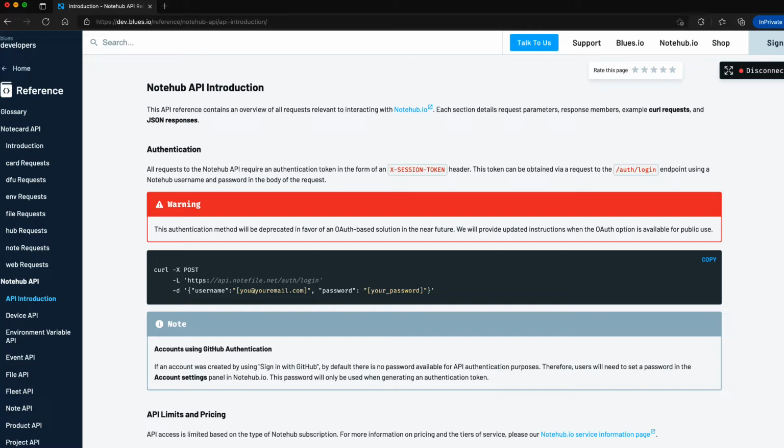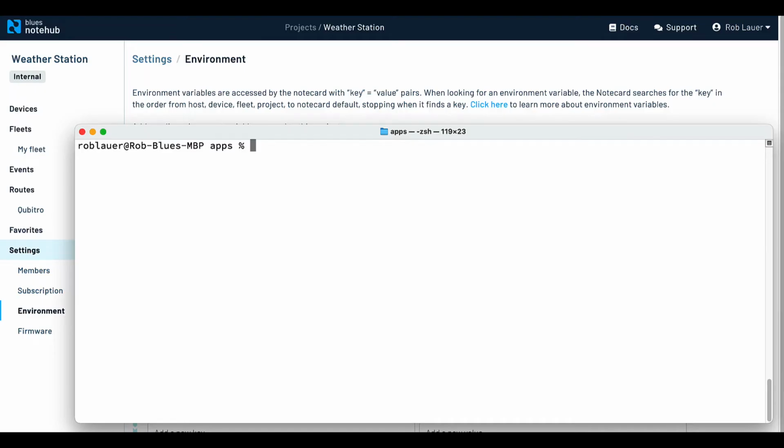So let me switch back over to my desktop for the API demo. Alright, so recall that virtually everything that I showed off in the Notehub UI is capable of being replicated in the Notehub APIs for when we're scaling in a more automated process. Now, I've already gone through the process of creating my authentication token for all these requests, and don't worry, I know I'm going to expose my token here, but I'm going to go ahead and delete this account that I'm using afterwards, so I'm not sharing anything too sensitive here.